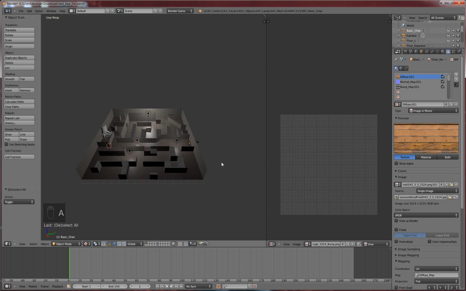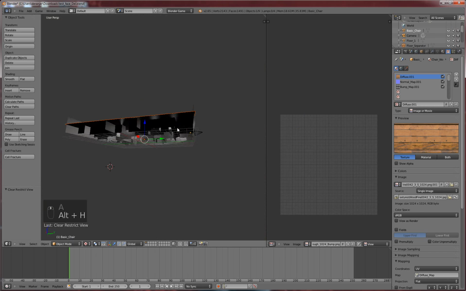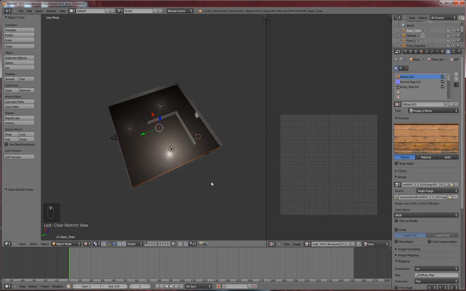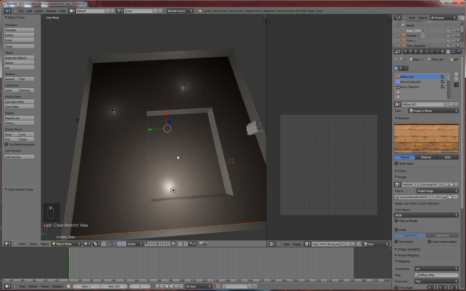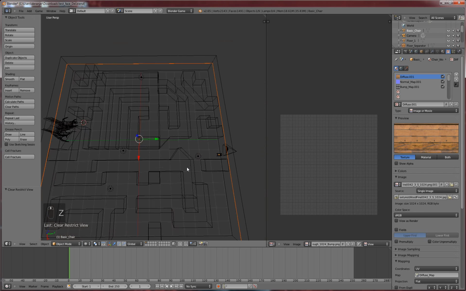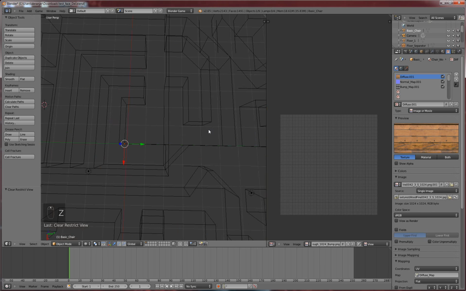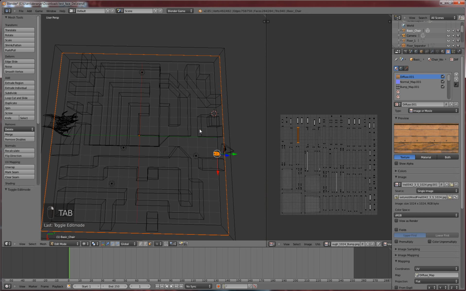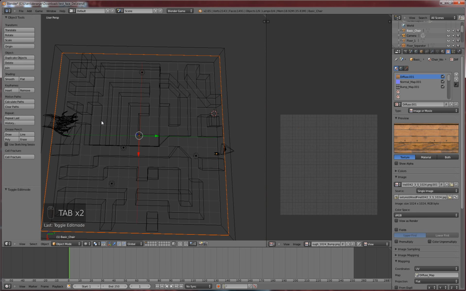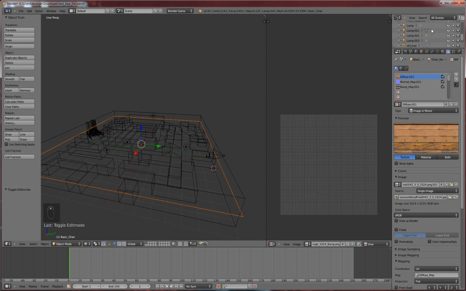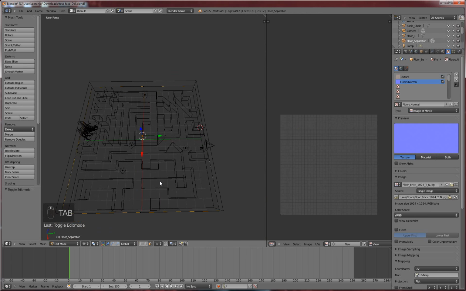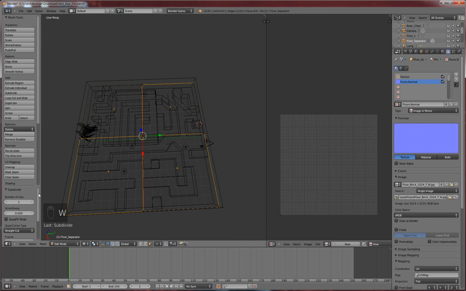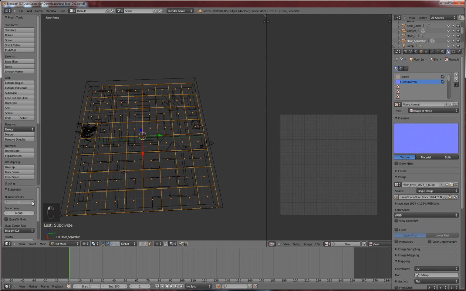And if we hit Alt-H, if we go back into object mode, hit Alt-H, it will put back our separating plane between the two floors. Then we would just have to do, what I would like to do is do Z, and then I think what we should be able to do is do subdivide, nope, go into edit mode. See, floor separator, tab in edit mode, subdivide,